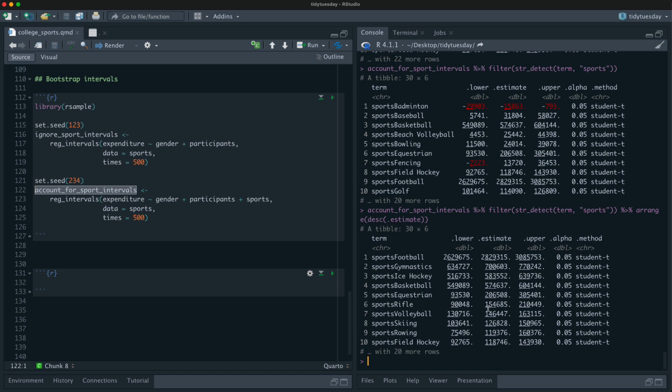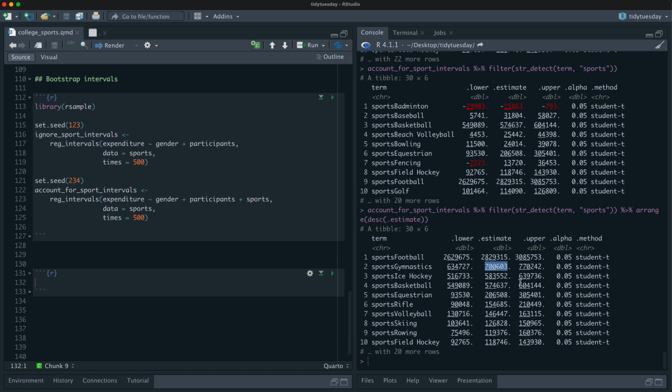What models? What sports have the biggest offset? The way the linear model works is it's saying, okay, if you have a team, how much more expenditures are there on this kind of sport team versus another? So notice this difference. Football is like 3 times as much as the next one in the way that we have built this model. Gymnastics, expensive. Who knew?